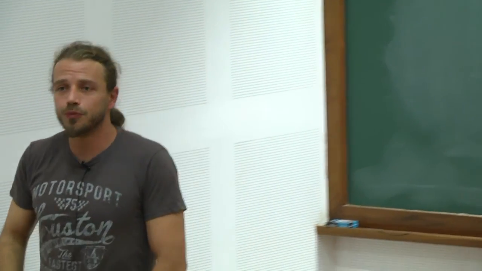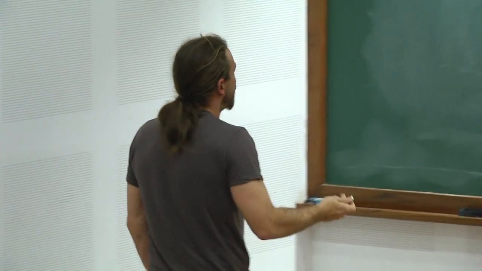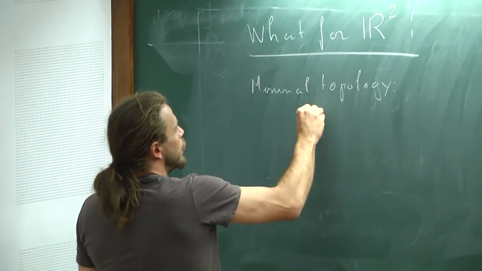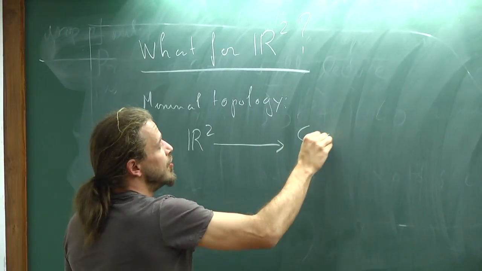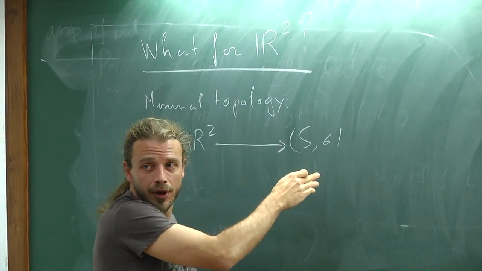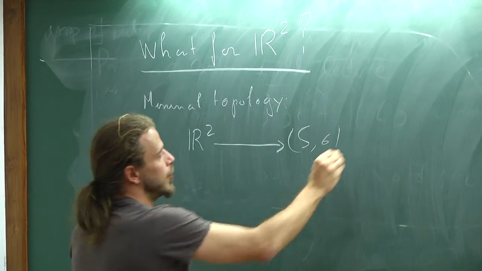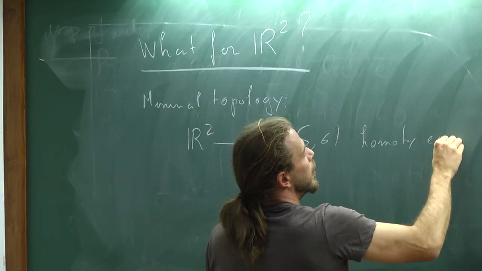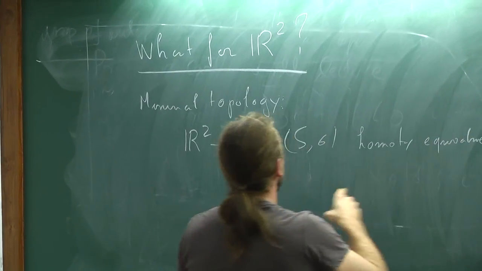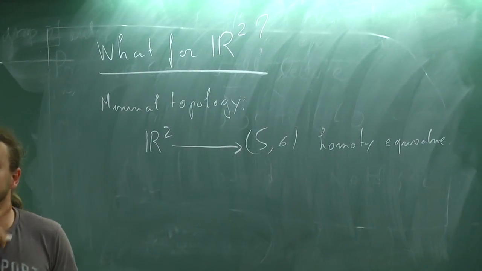It depends on what you prefer to put as a restriction. So you could just ask that the inclusion of R2 in this S sigma, as the real locus, is a homotopy equivalence. That would be the stronger thing. So in other words, I'm asking that this complex surface is contractible, right?